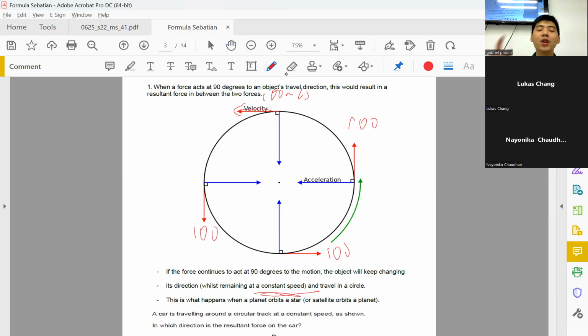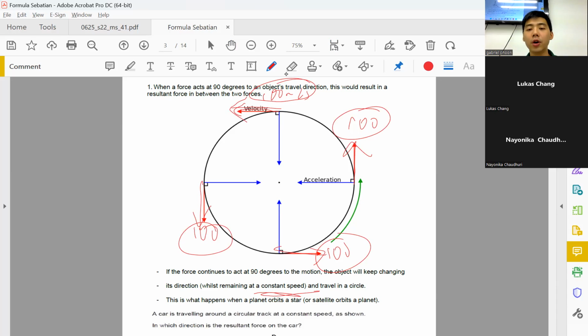The vector, good. Because velocity is a vector quantity, if my velocity is in this direction and my velocity is in this direction, they are both different velocities because it takes into account its direction as well. So this is a different velocity and this is a different velocity, even though the magnitude for the velocity is the same, so the speed is the same, right? But the velocity is not the same. And because there is a change in velocity, you could say that there is acceleration towards the center of the